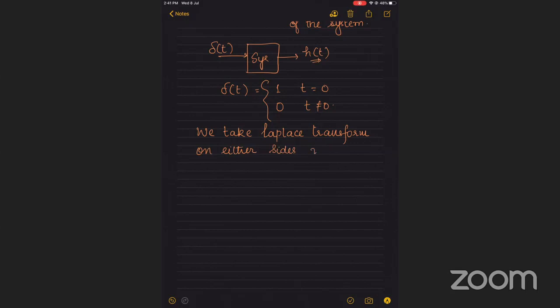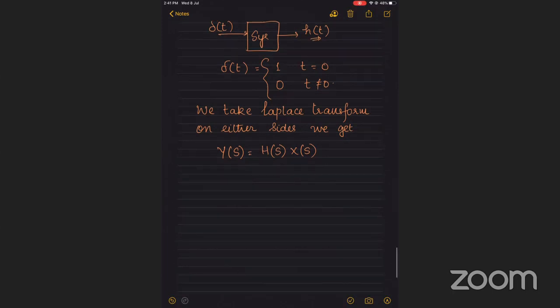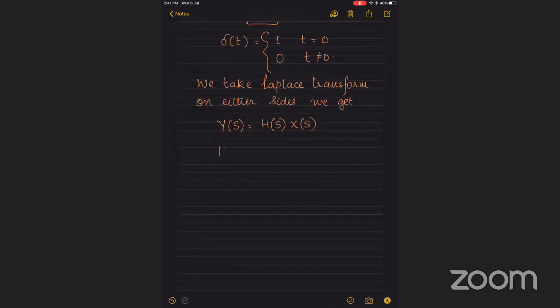we get y of s is basically the product of h of s and x of s, where y of s is the Laplace transform of the output, x of s is the Laplace transform of the input, and h of s is the Laplace transform of our system. Therefore, now what we get, the transfer function is basically given by h of s, which is y of s by x of s. Now, this is in case of our continuous